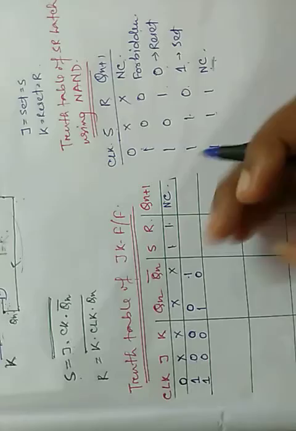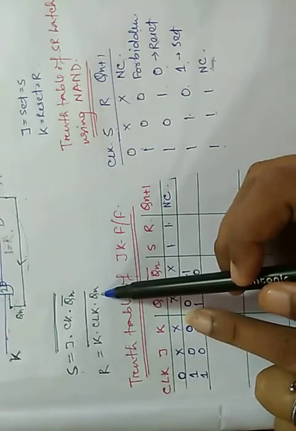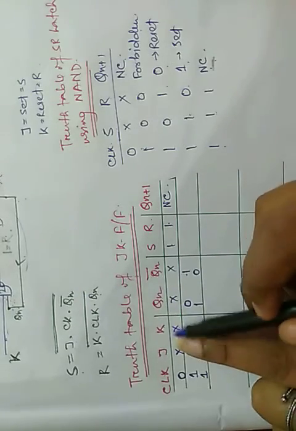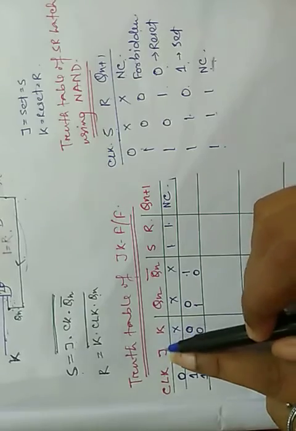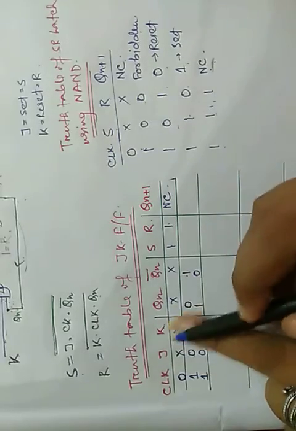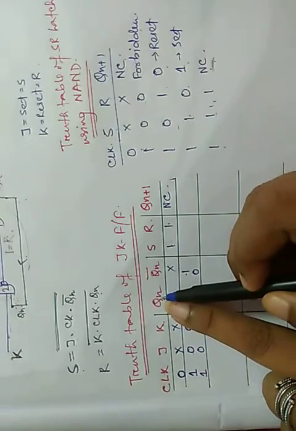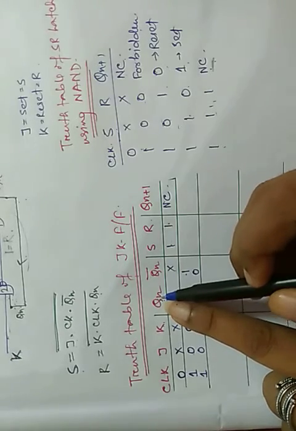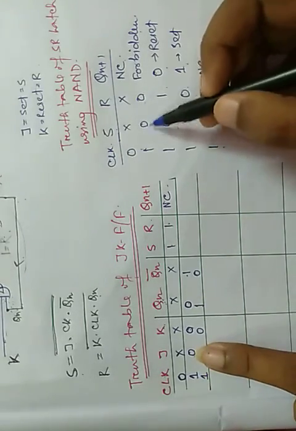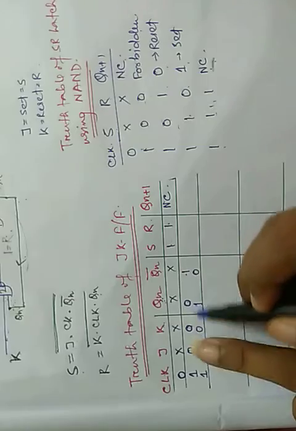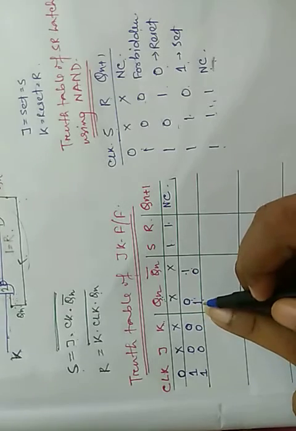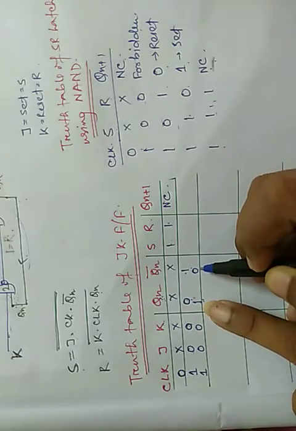In order to get the proper truth table, we have to check all the possible conditions. Here we need both the output values as inputs, Qn and Qn bar. We know that if there are 2 inputs, there are 4 possible combinations like this way. But here comes another input, another single straight line as an input, Qn. So for Qn there must be 2 values, either 0 or 1. So for a single combination 0 0, we have to check 2 conditions, when Qn is 0 and when Qn is 1. When Qn is 0, Qn bar is 1. When Qn is 1, Qn bar is 0.